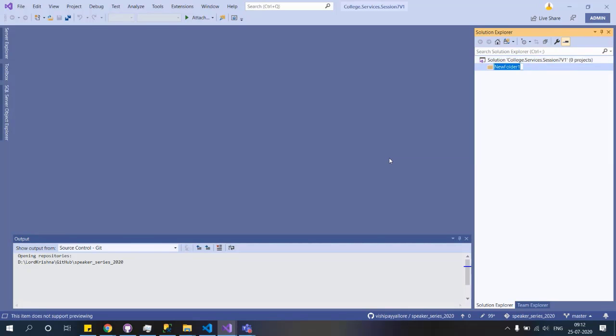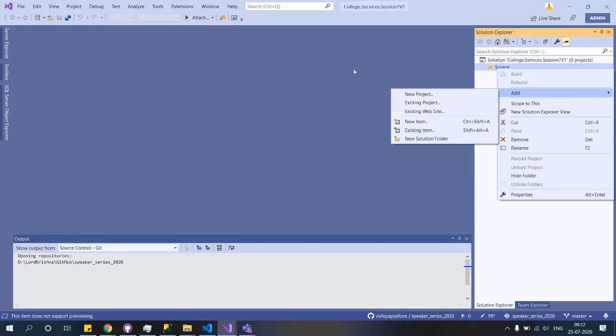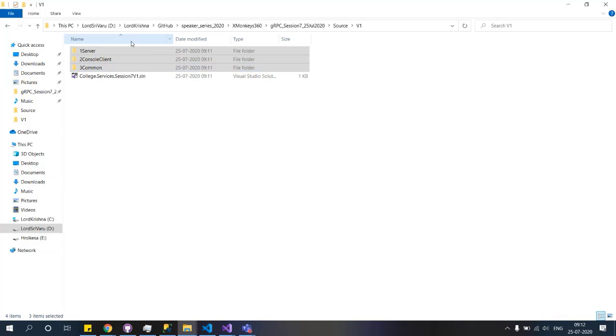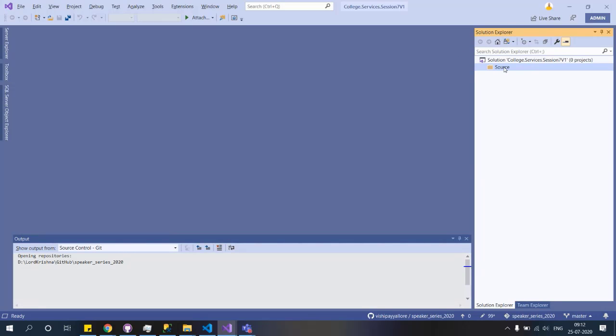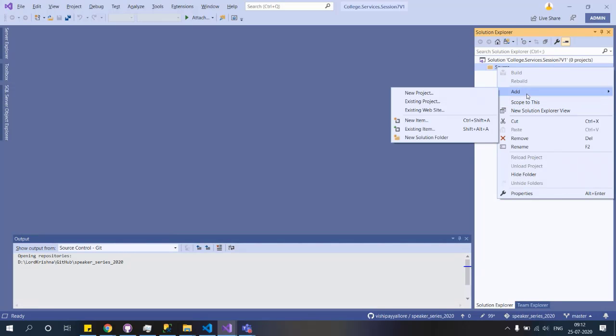I'm creating a source folder, and let me add those numbers first as they are, so that we can have one-on-one mapping. One minute. So I'll just go create folders.